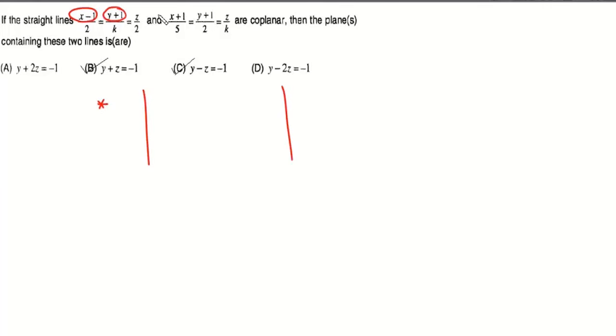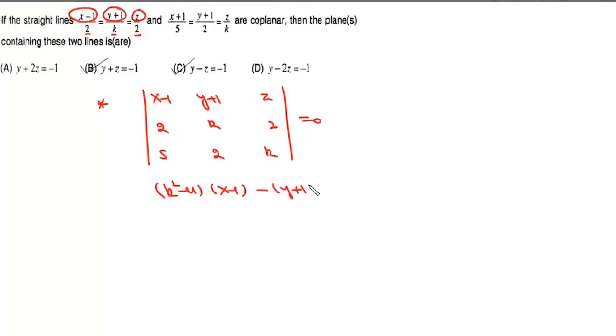So we can choose any one point. We'll choose this one. Say it is x minus 1, y plus 1, z, and then two direction ratios which are 2k and 2, and 5, 2 and k, and it'll be equal to 0. Now we can write this as k square minus 4 into x minus 1, minus y plus 1 into 2k minus 10, and plus z, and there will be 4 minus 5k,